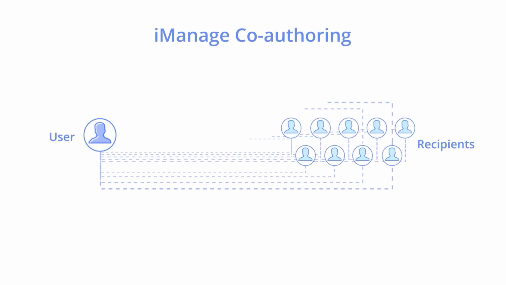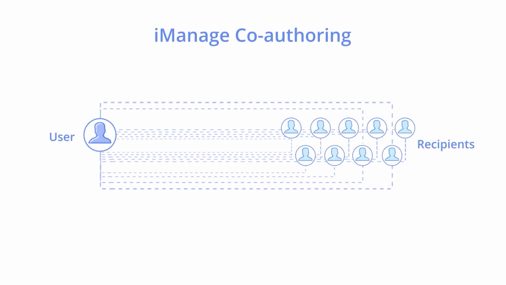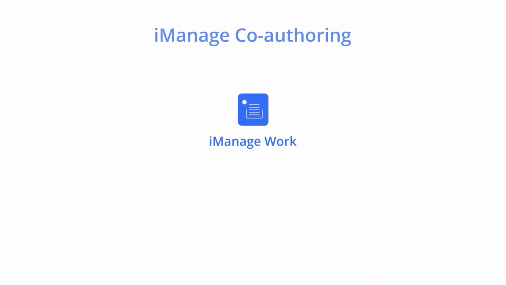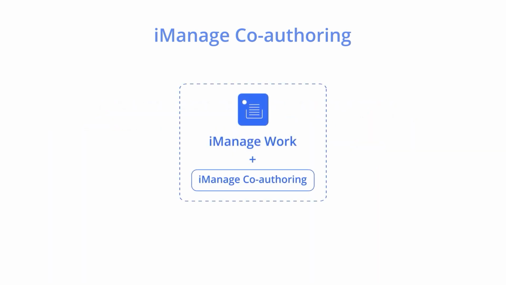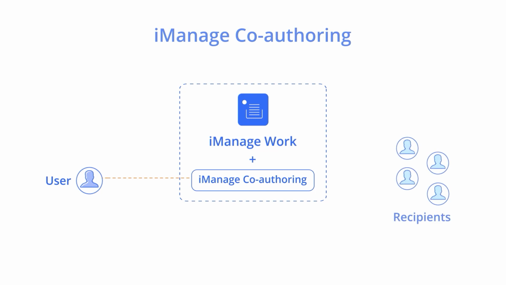iManage co-authoring. Collaborating with multiple stakeholders to finalize a document can be a challenge. iManage Work enables better collaboration with comprehensive document co-authoring capabilities directly from the familiar iManage Work interface. iManage Work's co-authoring function gives multiple users the ability to review and edit documents simultaneously, while retaining a single document